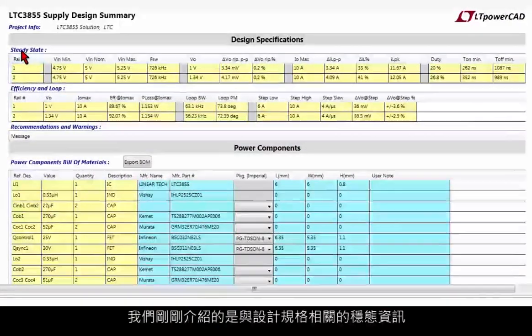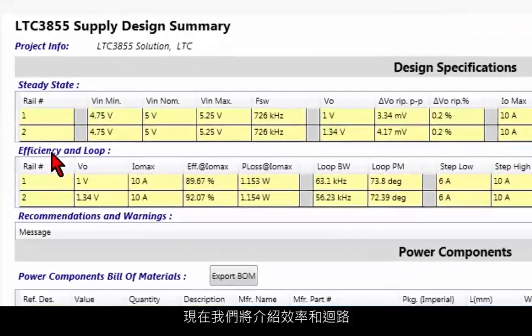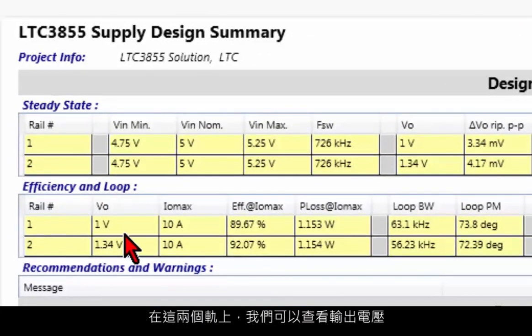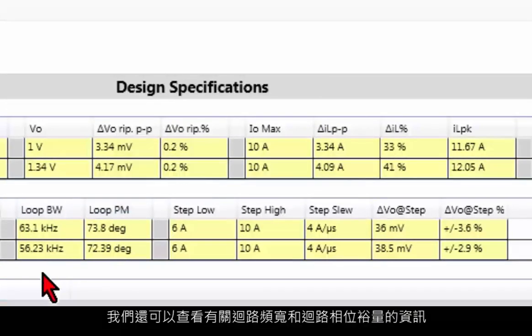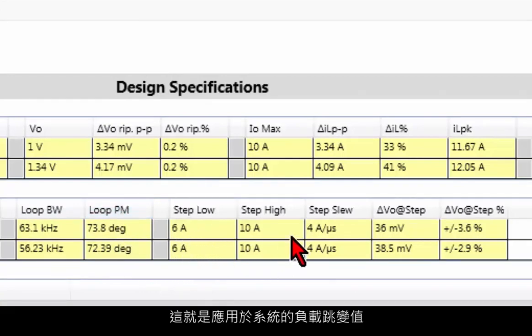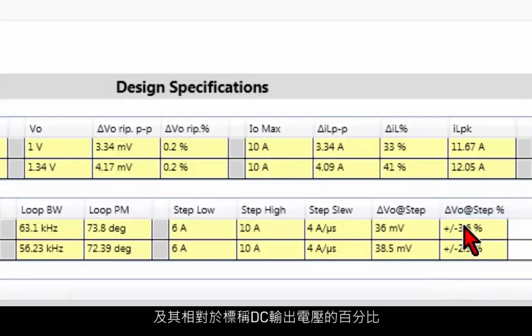So we talked about the steady-state information related to the design specification, and now we're going to talk about the efficiency and loop. On the two rails, we have the output voltage, we have the maximum output current, and we have the efficiency at this maximum output current and the related power losses. You also have information on the loop bandwidth and loop phase margin, and then you have the value of the step load applied to your system. So you have the low step, the high step in terms of current, and then you have the slew rate of your step